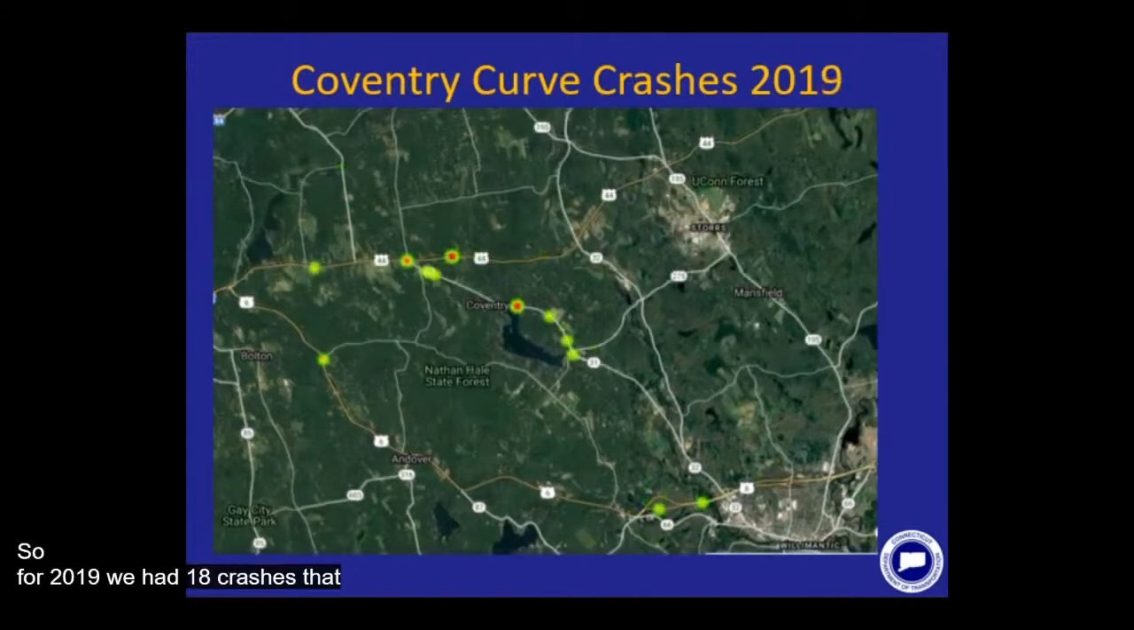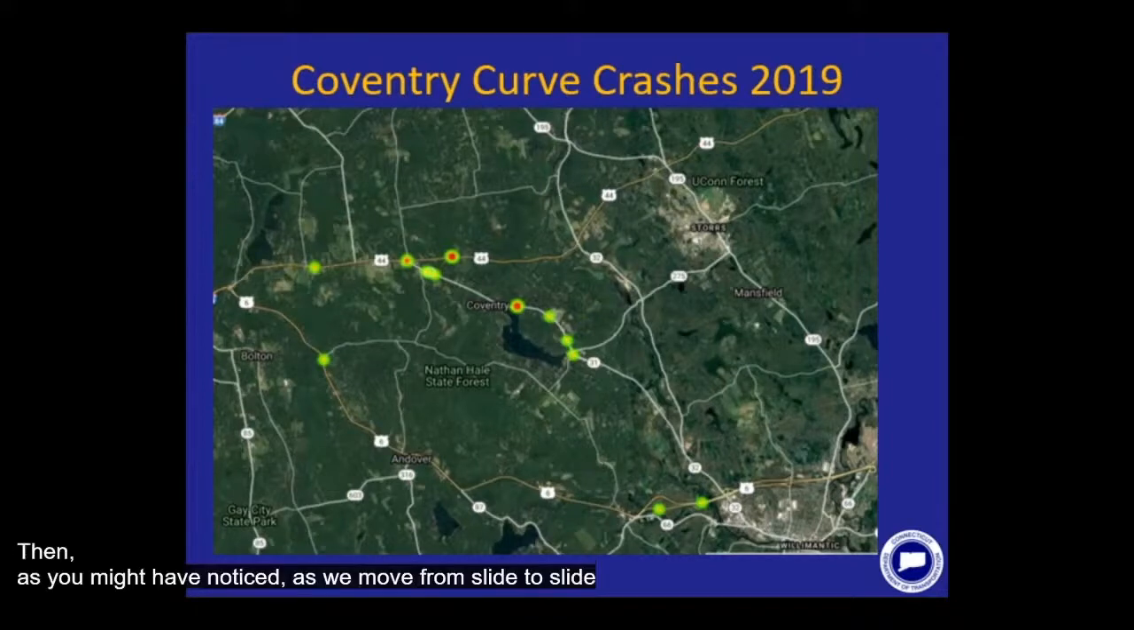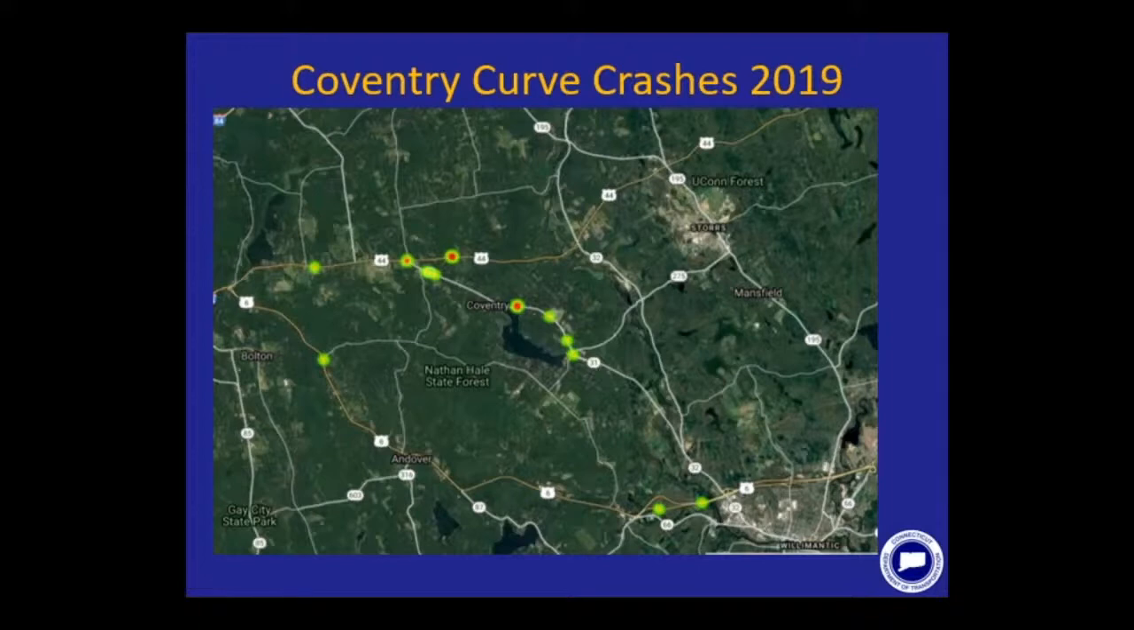So for 2019, we had 18 crashes that occurred at curves on state roads in Coventry, 5 of which resulted in an injury. And as you might have noticed, as we move from slide to slide, the locations of the crashes are generally moving around the map. There are a couple of consistent hotspot locations in Coventry, but the majority of crashes are occurring randomly. And that random crash pattern is due in part to driver error and not necessarily the geometry of the roadway. In fact, 93% of all crashes